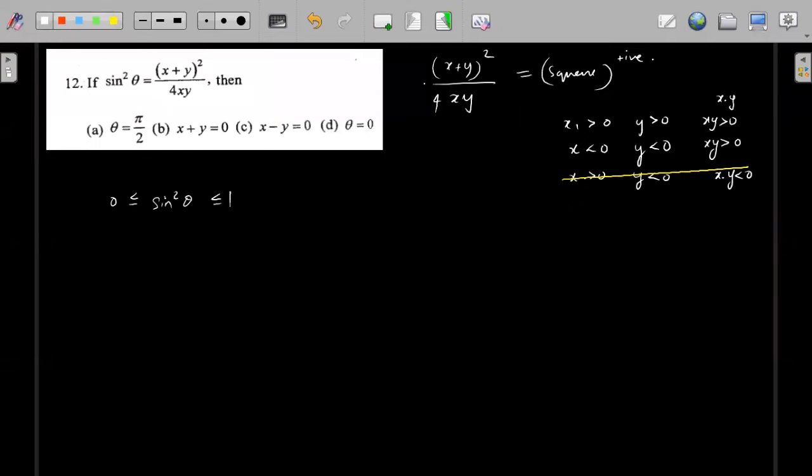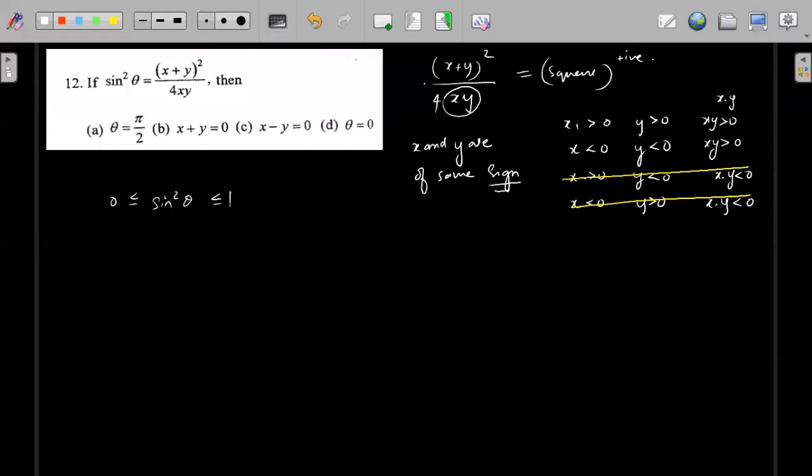Next, let's see the opposite sign. So x is less than 0 and y is greater than 0. Again, x into y will be less than 0, so the denominator will be less than 0, and the numerator is greater than 0. So the total sign will be negative, the left side again negative and the right side positive. So that means not possible. So the only possible cases are when x and y are of the same sign. I hope this first part of this question is okay.